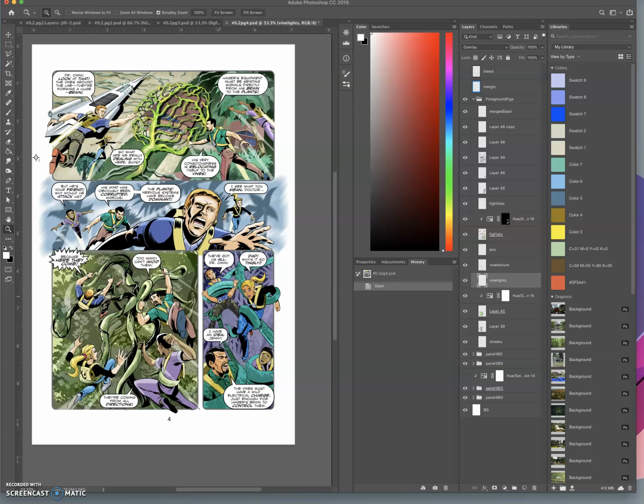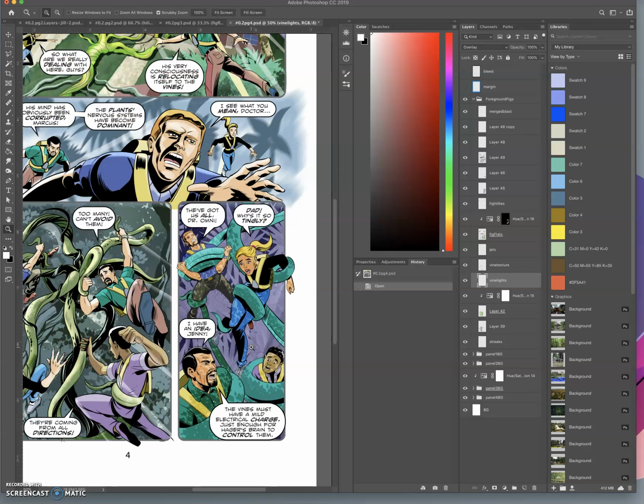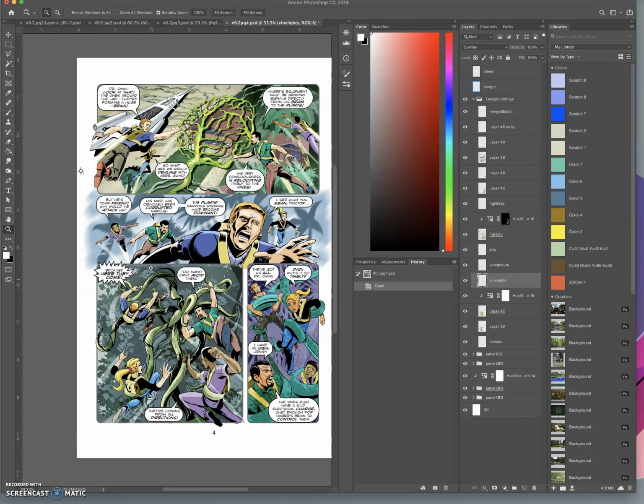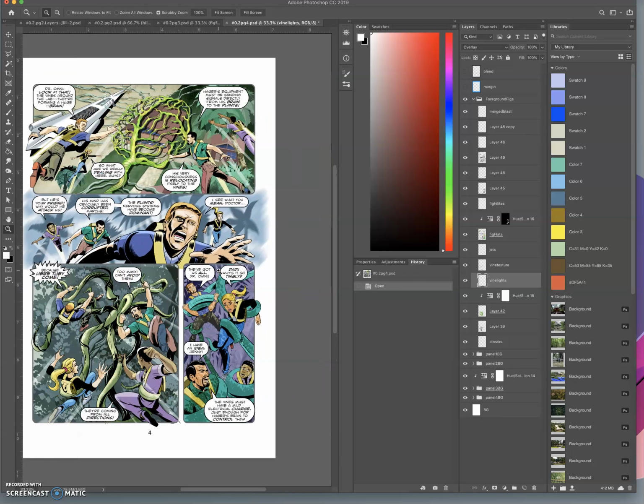But in the context of this whole page, it was just too much going on. It was too much. So I toned it down with a hue saturation layer so that the whole page wouldn't be overwhelming. Here I got to pretend that light was coming through the leaves and casting shadows on their faces, and that was fun. Here's kind of an unrealistic blue, purple background for contrast's sake, you know, so I'm not opposed to things that are a little bit abstract. Okay, so anyway,